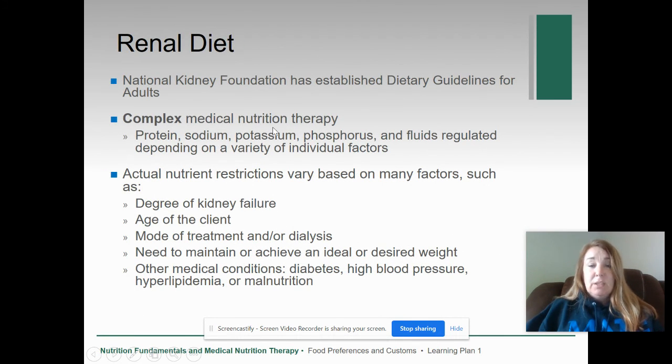As you can see in the section in your book, the renal diet is rather complex. We may see restrictions in protein, sodium, potassium, phosphorus, and fluids. Typically, we'll see a protein restriction if the person is not on hemodialysis. So recall that the RDA for protein is 0.8 grams per kilogram of body weight. For someone with kidney disease that is not on dialysis, that protein needs would be